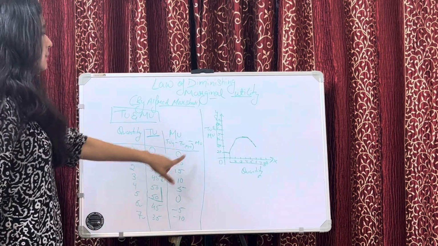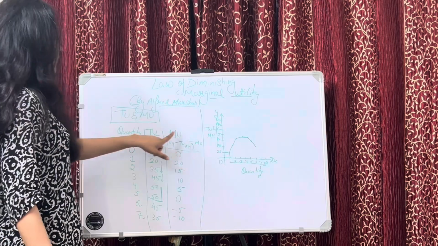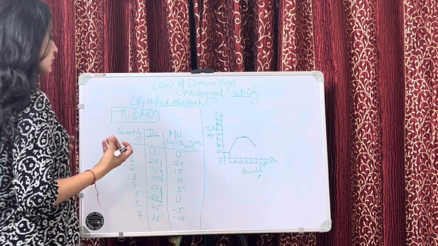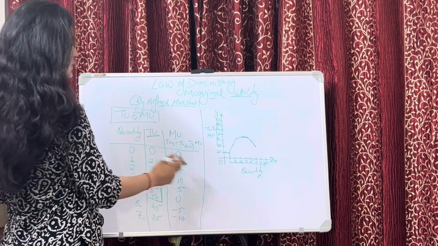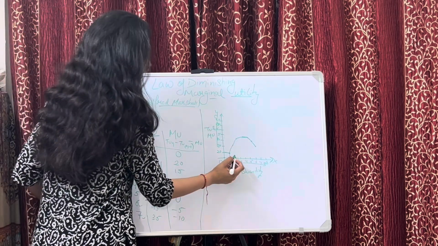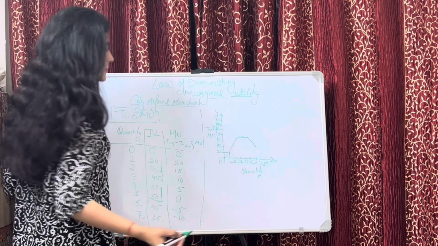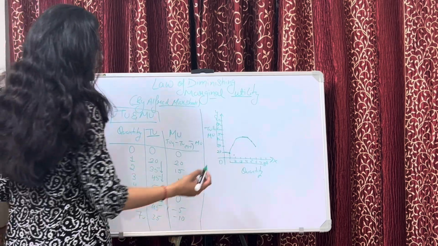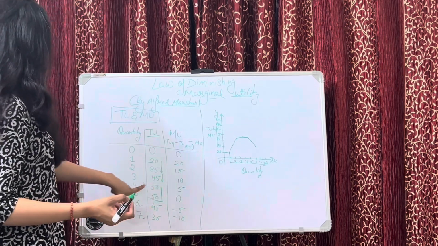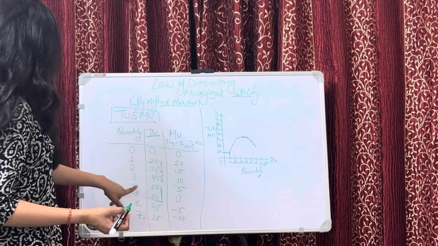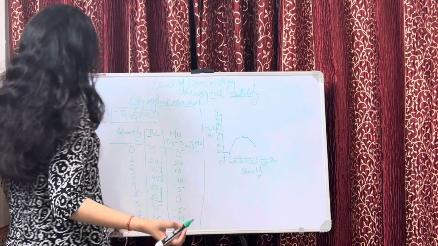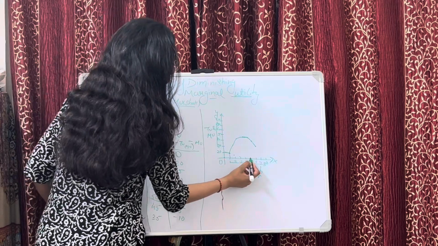Now we'll draw the marginal utility diagram. As we drew for total utility, we'll draw for marginal utility, and then we'll understand the relationship between the two, how they both react, okay. So first is 20 itself, from here itself we'll draw. The second is 15. I hope you understand how we are drawing the diagram. For the third it is 10, so it's somewhere here, lower than this point. And for the fourth it is 5, even lower. And for the fifth it will be 0, so it will be here at 0.